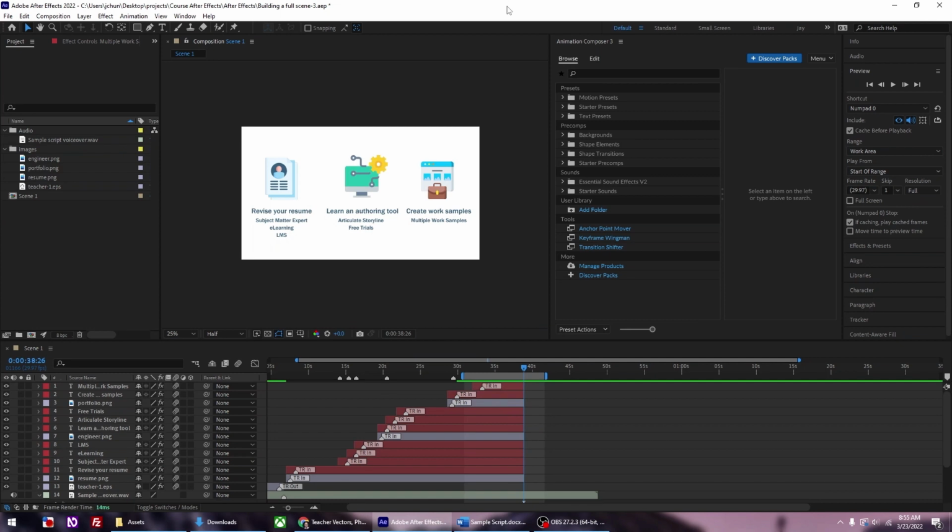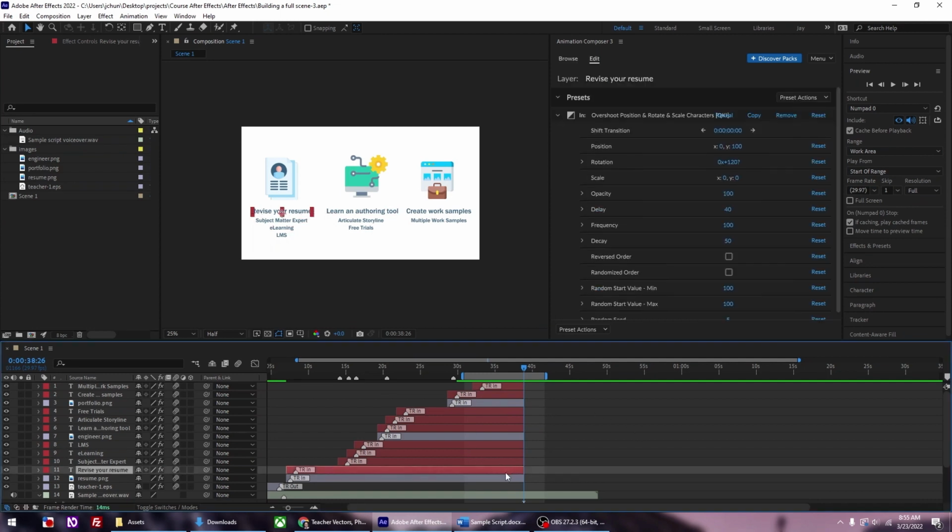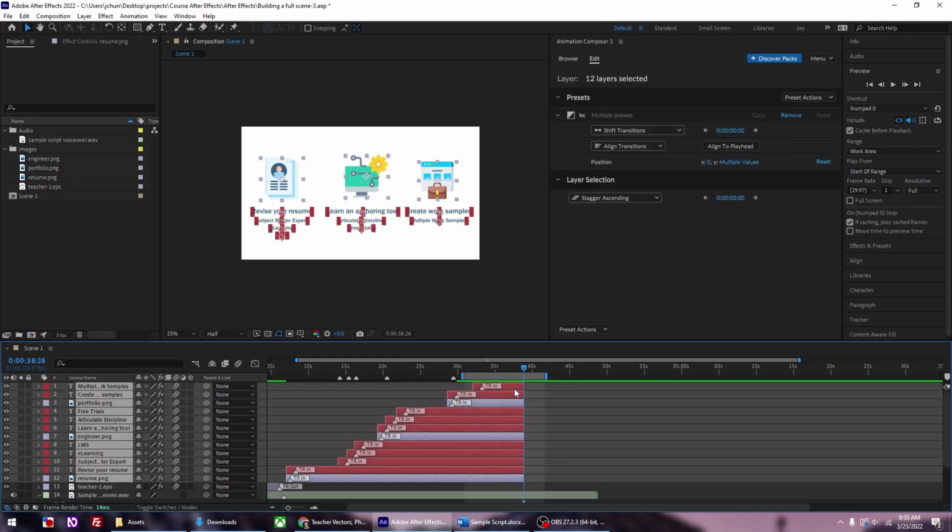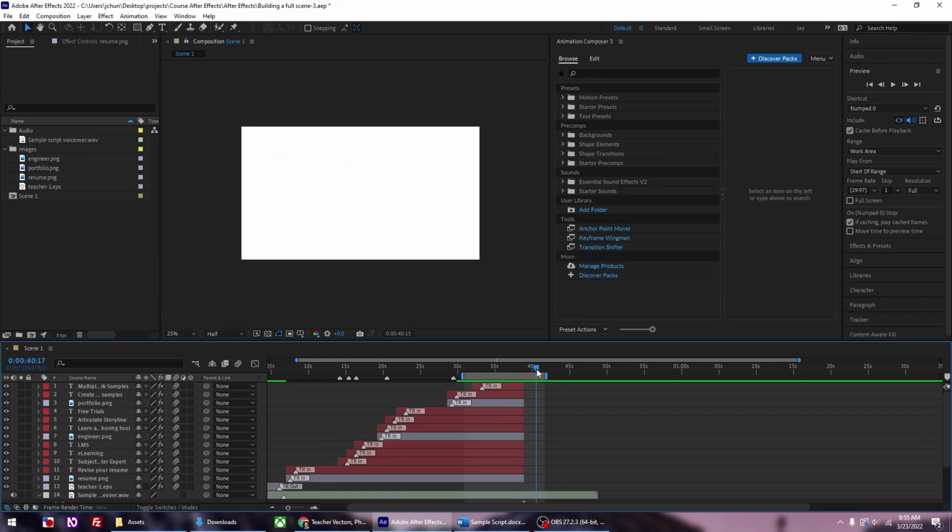Next, instead of adding in an exit animation to all of these layers, like we did for scene 1, let's try something different. We want this new scene here to have a different background color, and then we're going to add in a transition animation. First, let's add a solid color layer. What you're going to do is go to Layer,